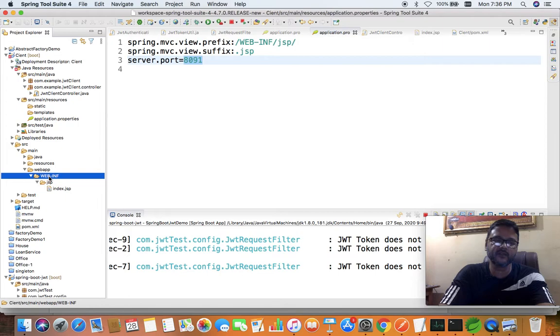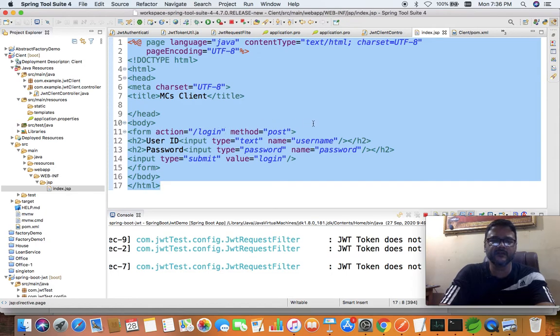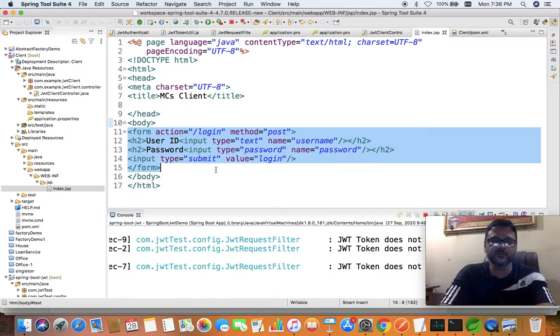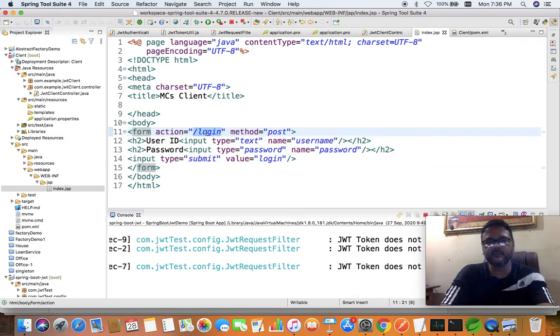Inside it we have to create WEB-INF, then inside it jsp, then index.jsp. Index.jsp doesn't have anything special, only an HTML form which is going to provide the user ID and password to an action or to a controller.